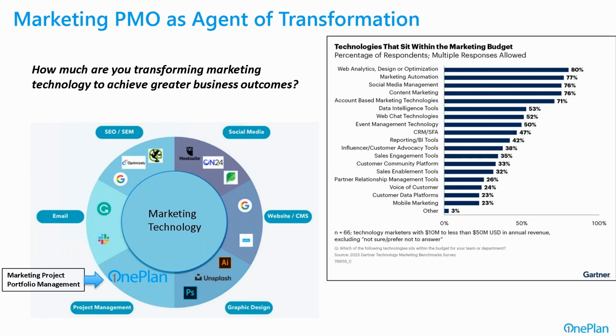So this needs to be managed by the marketing PMO. I mean, the IT PMO can lead it, but at the end of the day, these are marketing initiatives that in many ways contribute to the KRs of the organization. I have a couple of slides here. One that's just the representation of a marketing stack with all the different areas that you could be operating in. And prominently, I